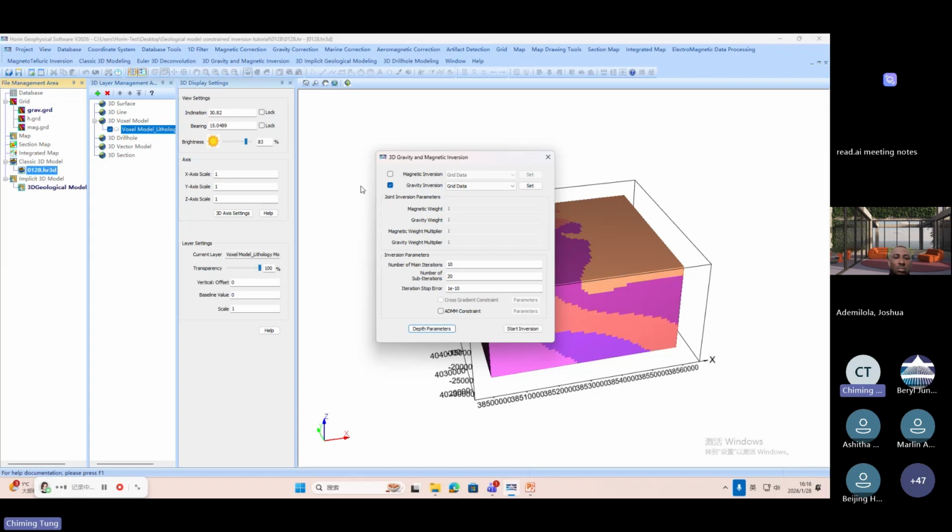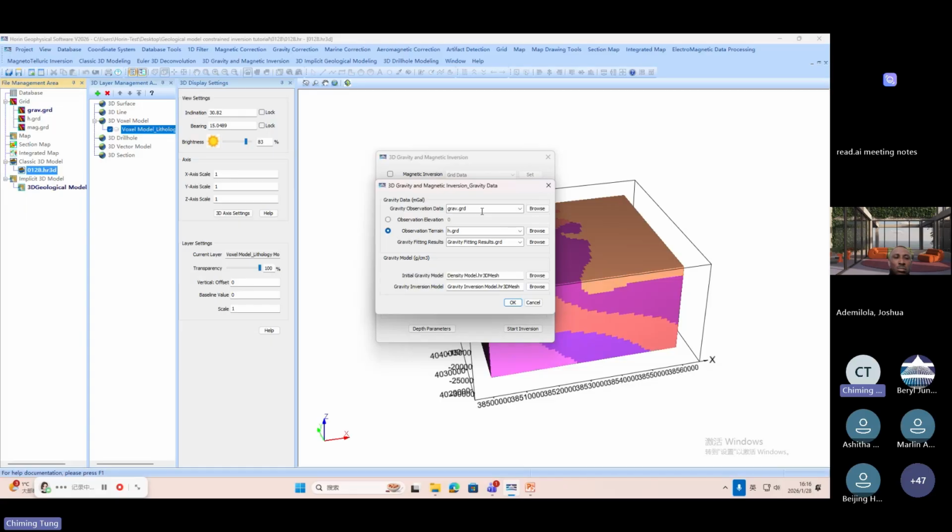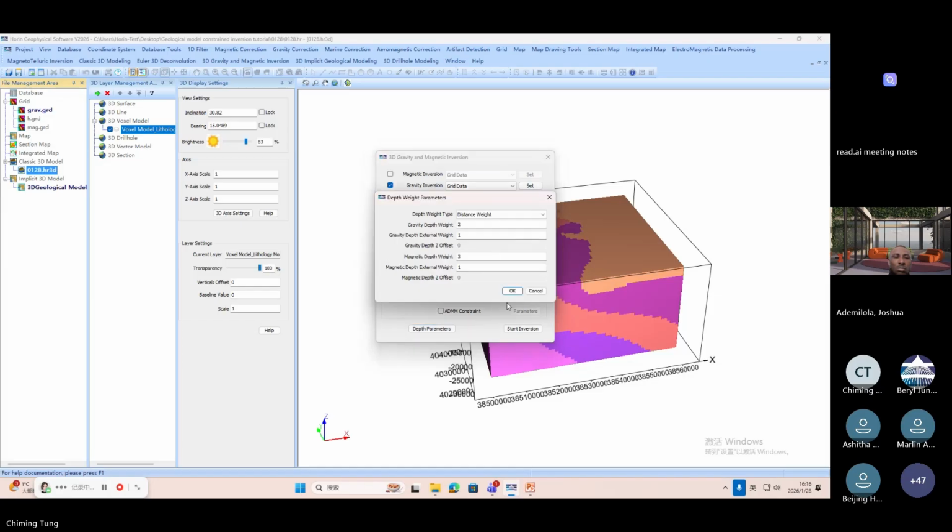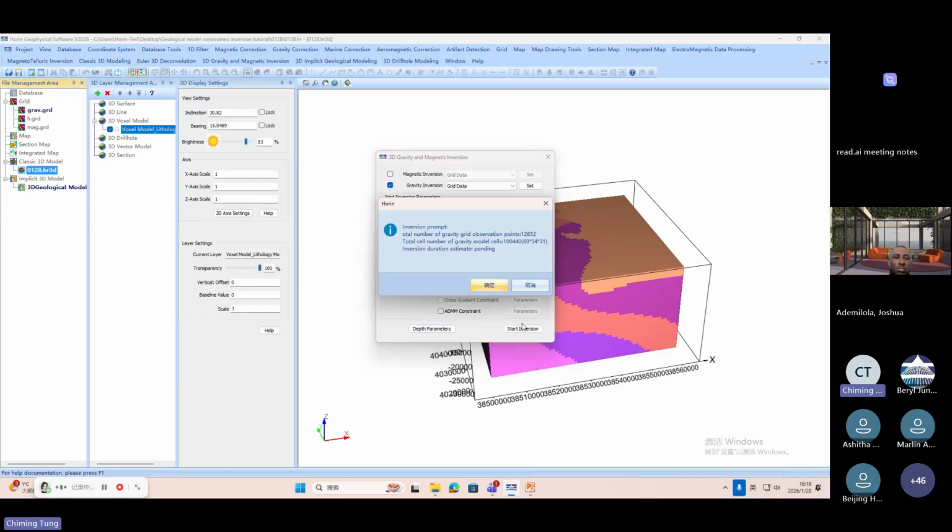And we are going to do the gravity inversion. So let me check that all of the parameters are correct. Okay, it's 0. Just set this to 1. Okay, let's start the inversion. And in this dialog, you can see first is the total number of grid observation points